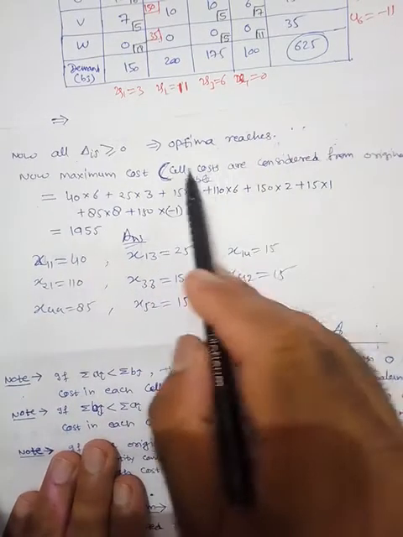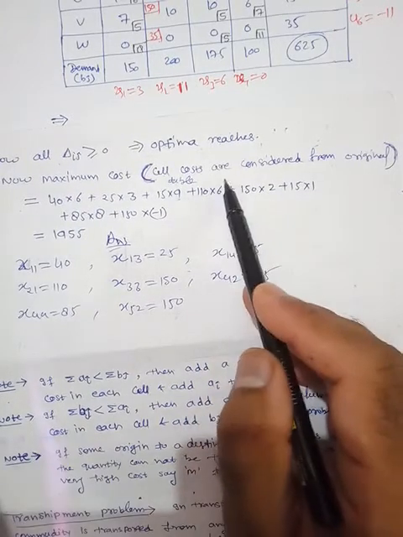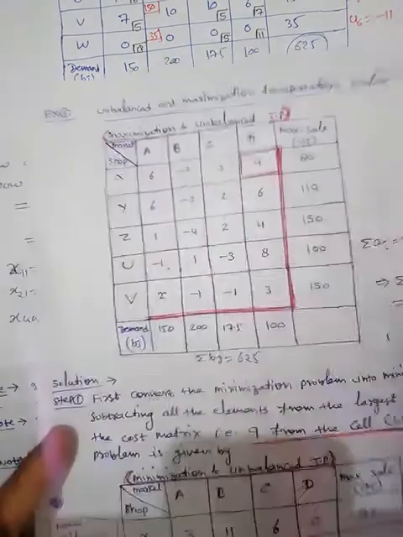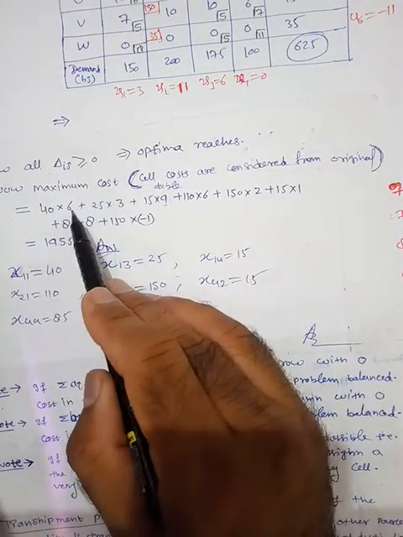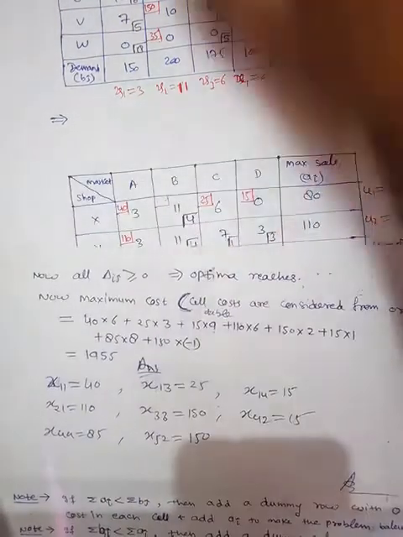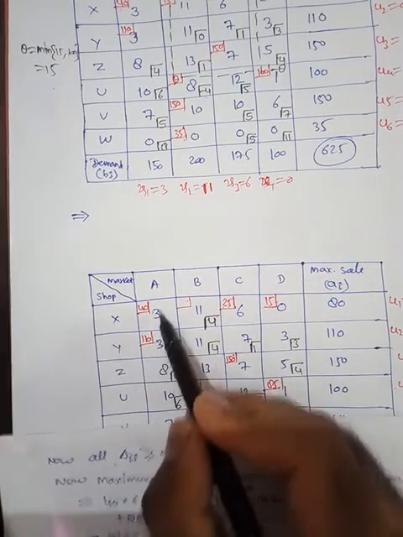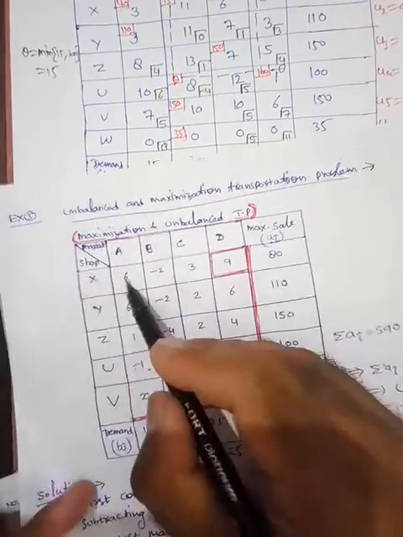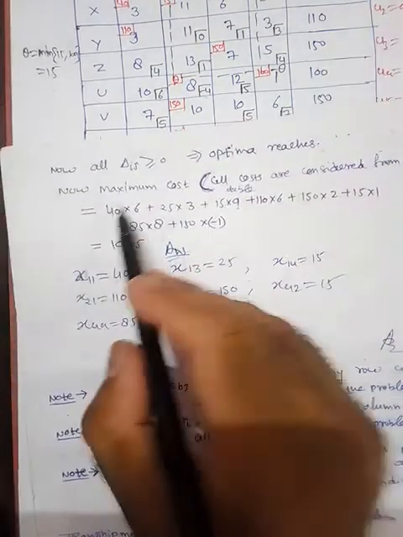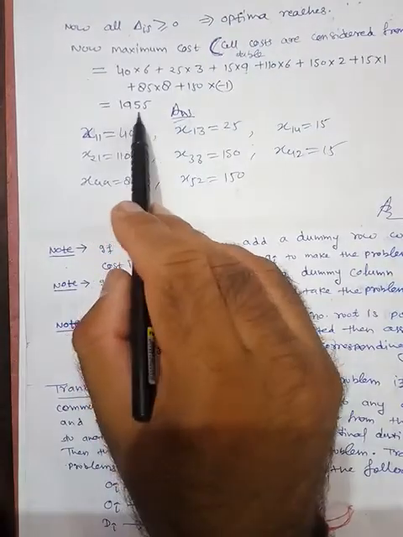Now the costs are considered from the original table, the starting table. So we have to consider the starting table. Fine. So now the cost is here 40 into 6. So units are considered from here, 40, 25, 15, but for the cost we will not consider 3, we will consider this 6. So we will consider this 6, not 3. Fine. Similarly, 40 into 6, 25 into 3. So this will be the solution and these are the allocated units. Fine. So this is the solution. So now the cost is 1955.